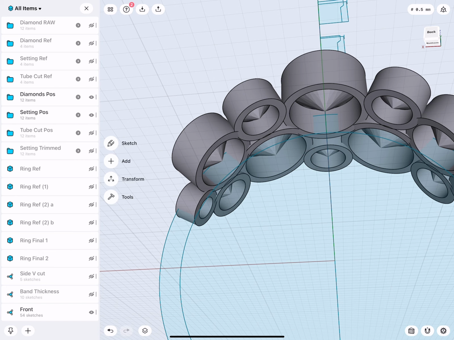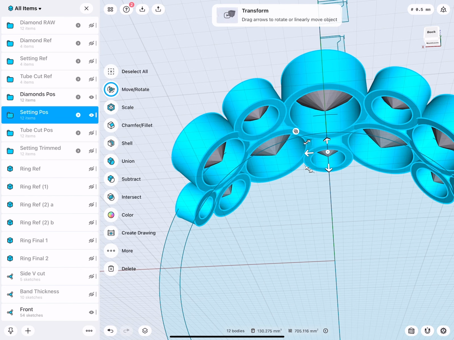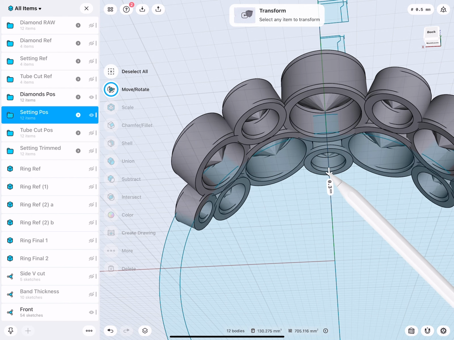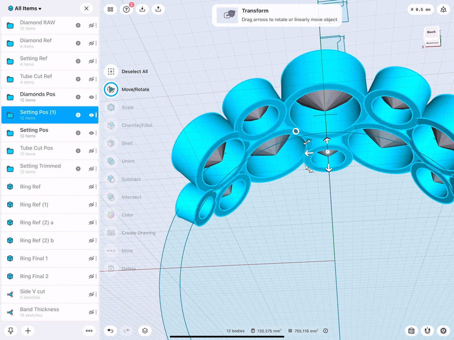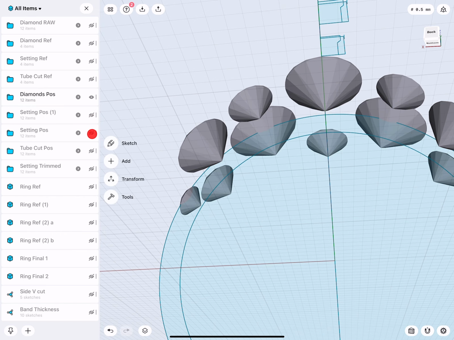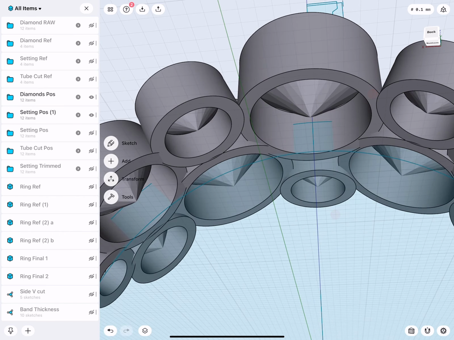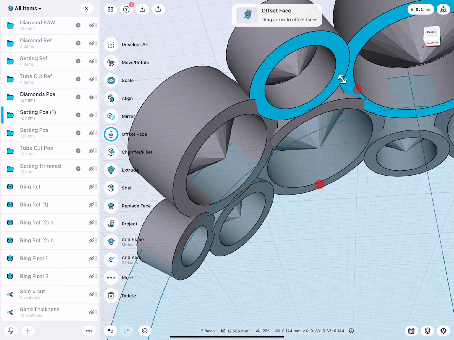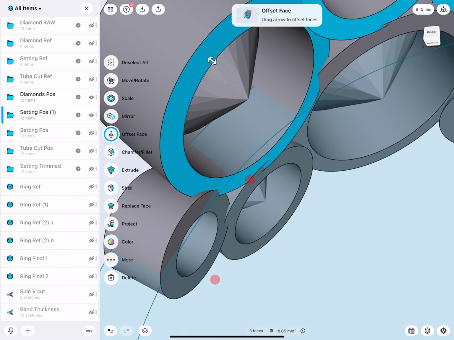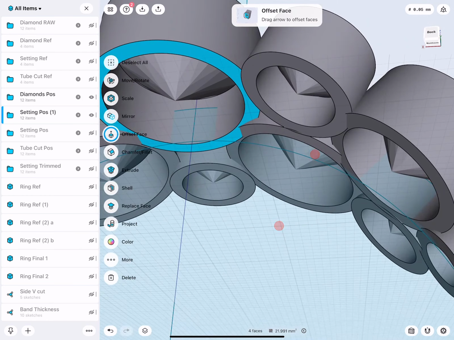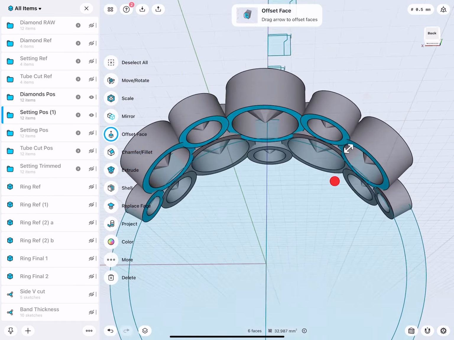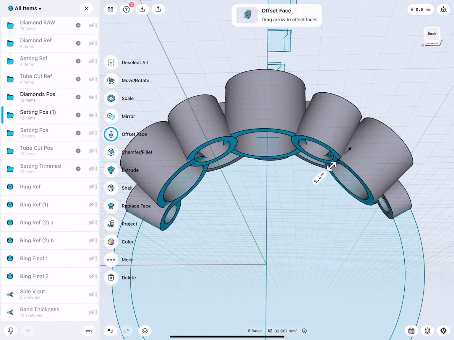So this is how we can do this with individual elements. If, however, and this is the way how I did it, we would like to do this to a complete set, then we simply select the folder, turn on the copy, move up and back, and it makes actually a copy for us. Pretty cool, no? Then we can select all the faces we would like to work with and extend them.